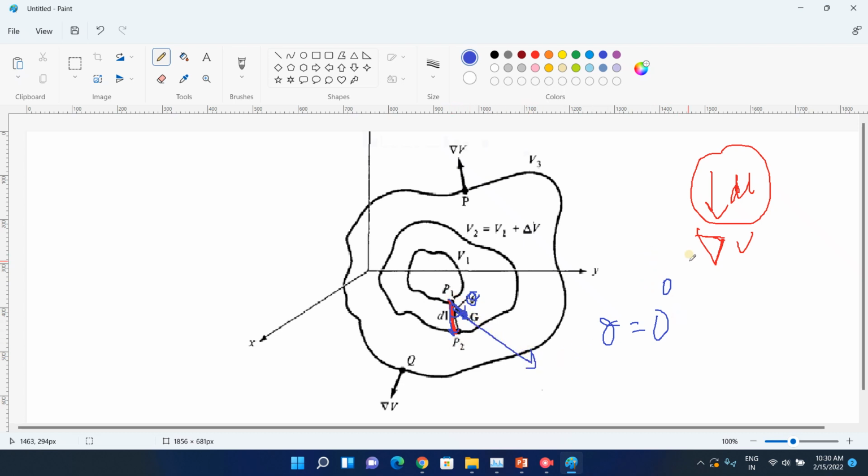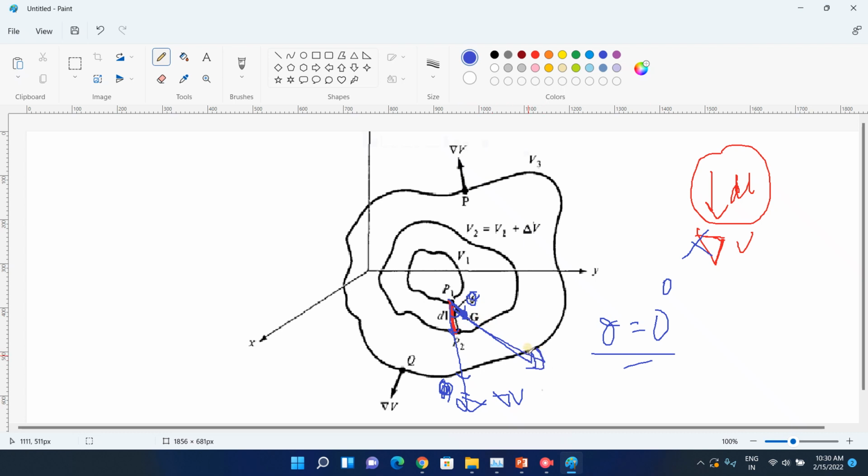So the dl is declared to be the shortest path. That means if you go along g, then you will not get the gradient; you have to go along dl. dl only gives you the shortest path, so it will help you find the gradient. That is why you have to travel g along dl. So g will become the gradient of v. Why? Because g is traveling on dl, so it is actually dl, delta v, gradient of v. So that is the only path which is the shortest one.